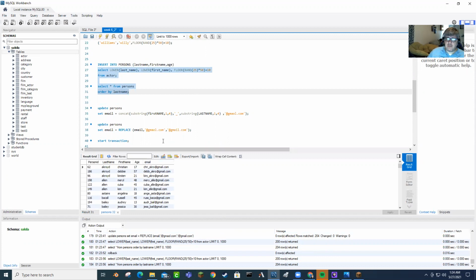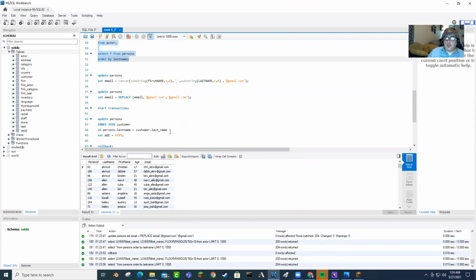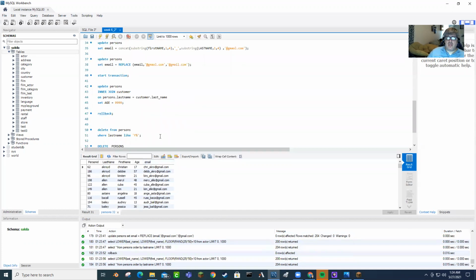Now, the danger of leaving the transaction open, right, is that no other changes can be made to this table until that transaction is closed. A transaction locks the table. I'm not going to demo that here, but I can run this, make sure everything looks right, then I can roll it back, or I can do commit,